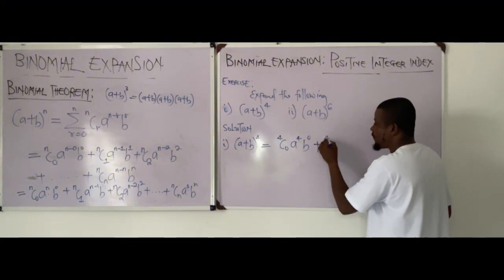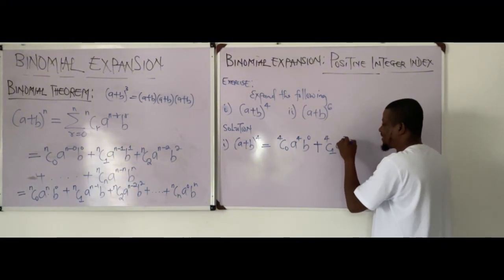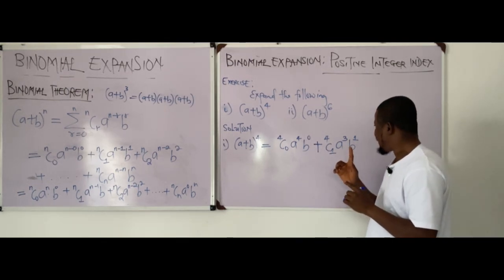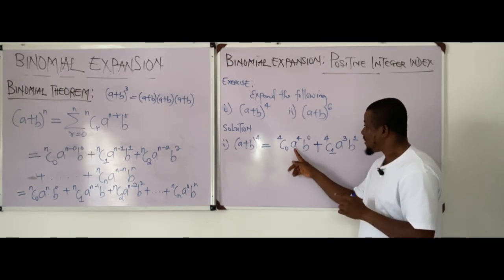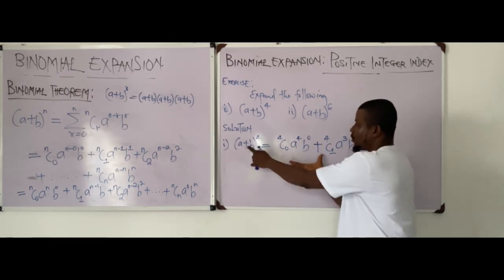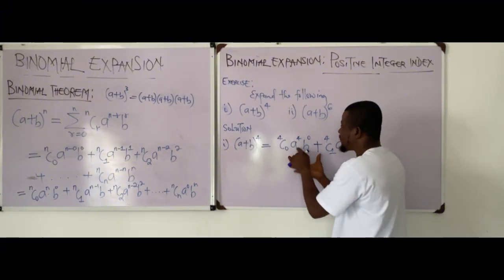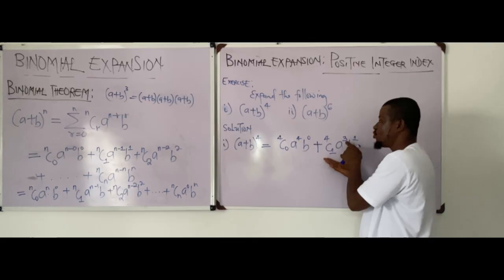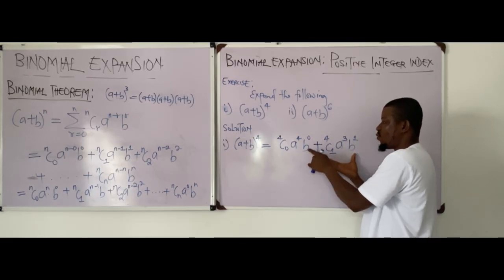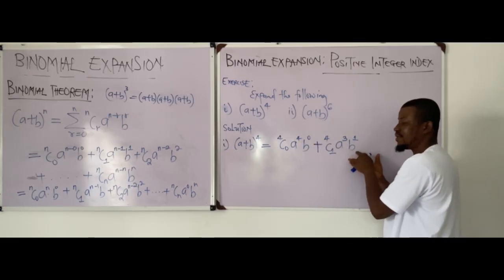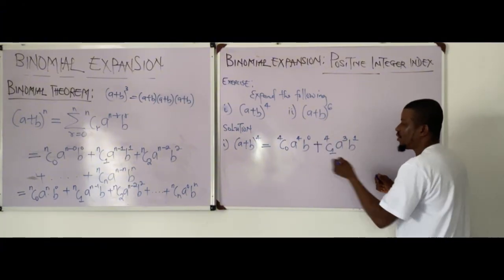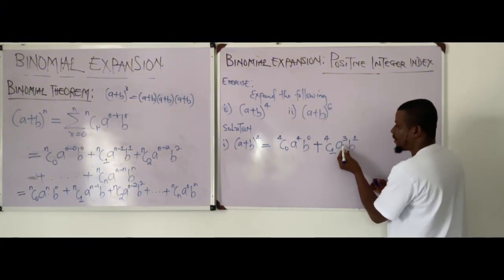So we have 4 combination 1, a raised to power 3, b raised to power 1. Now look at the trick here. Look at the pattern. The first term takes the highest power, power 4. In the second term, it reduces by 1. While b takes the lowest power, in the next term it increases by 1. So we have a to power 4, here a to power 3, b to power 0, b to power 1,